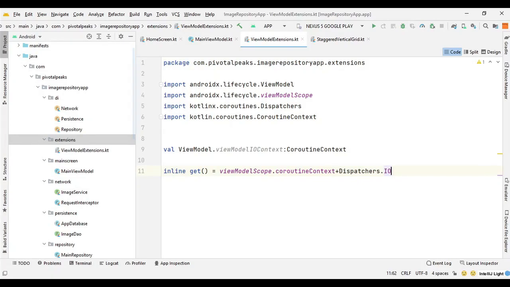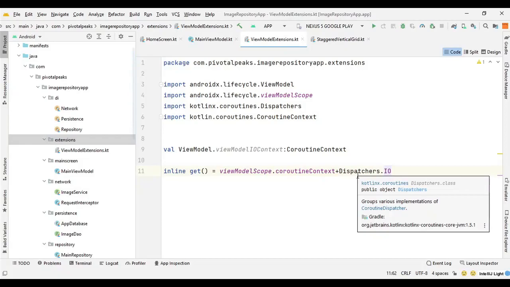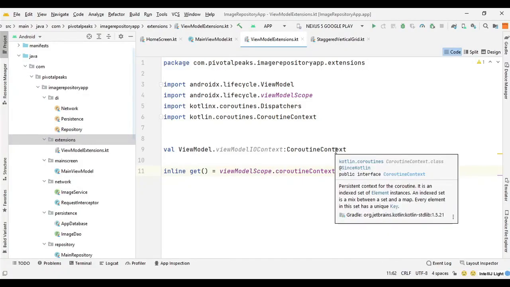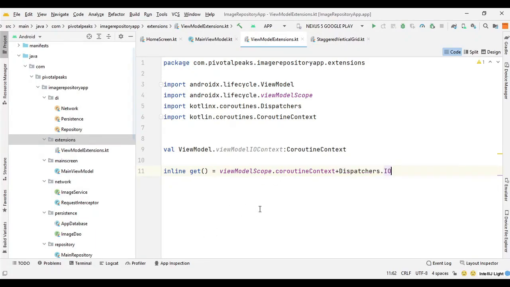So inline keyword requests the compiler to not allocate memory and simply copy the inline code of that function at the calling place, and then we append the dispatchers.io, input output, which is optimized to perform disk or network input output outside of the main thread, because this load image function is running on a worker thread, as you remember, and not on the main thread, and which requires optimizations.